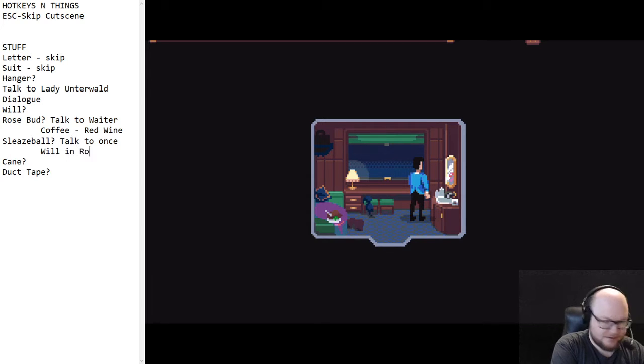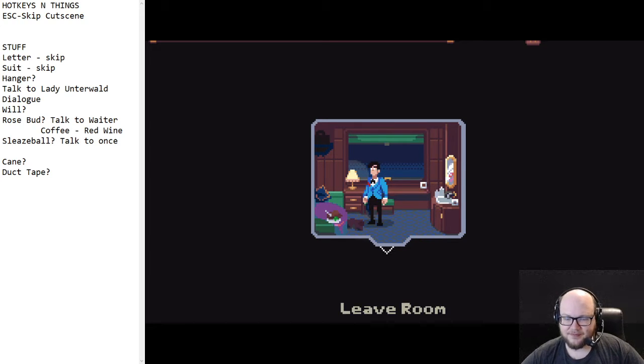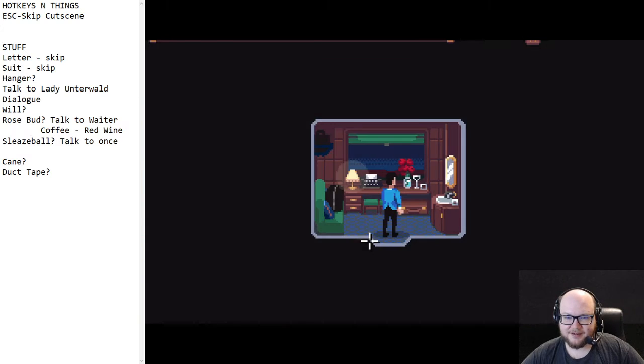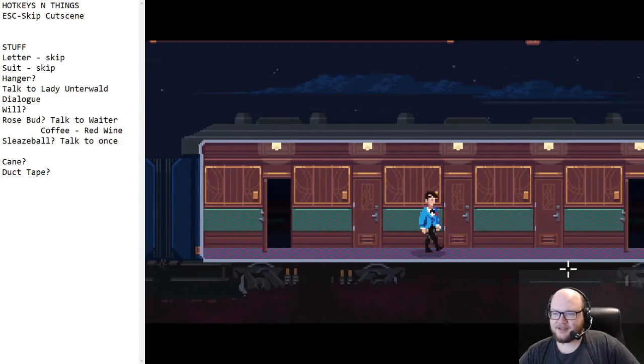Will in room, if I remember correctly. Or maybe not. No, maybe it was the other room, which is Herman's room. Since I'm over here, pop in, just double check. There's not like something else to interact with. Okay. So I'm thinking